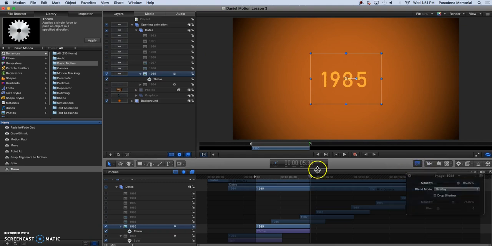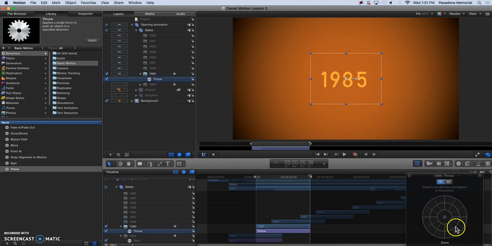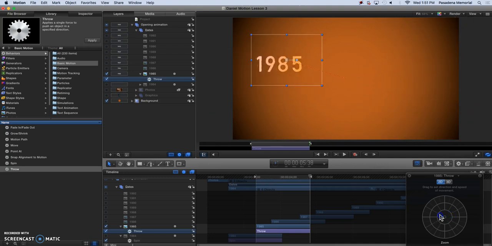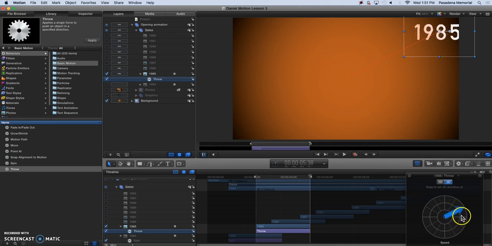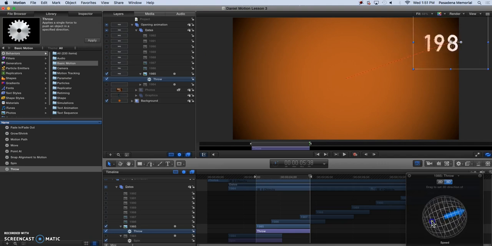And in my HUD, when I select throw, I have this option of a 2D and 3D. If I just have it 2D, I'm going to move my arrow to where I want this to end up, and I can follow along with the red line and how far I want to take it out. And if I change this to 3D, you'll see that this is a more 3D-ish type of arrow. But when I move it here, it changes to a globe or a sphere. And so I can move it in 2 directions, 3 directions,